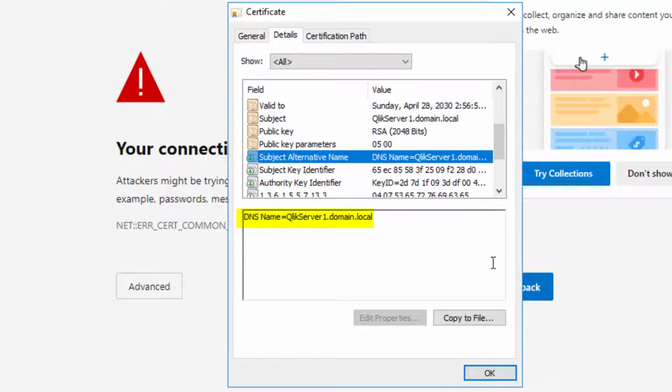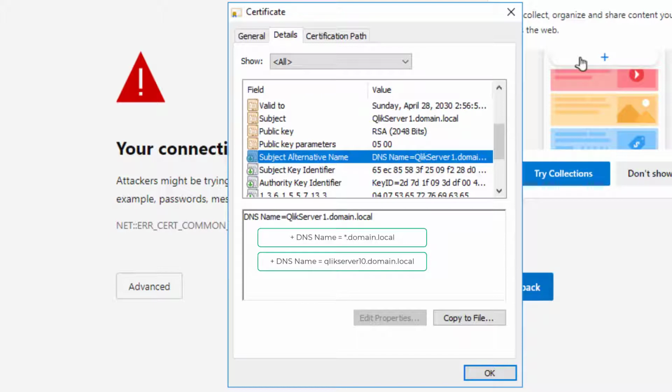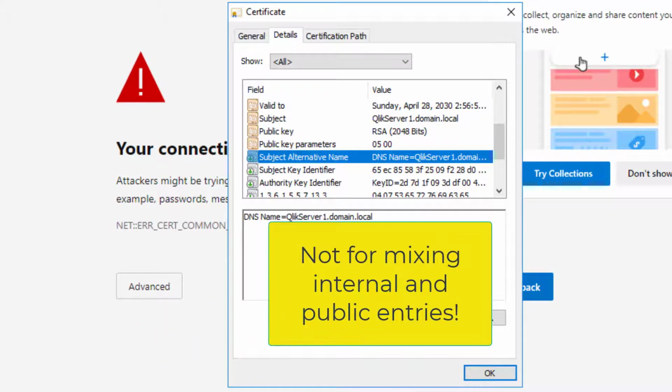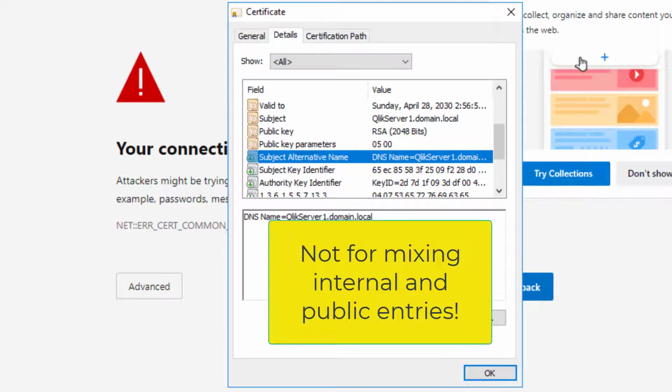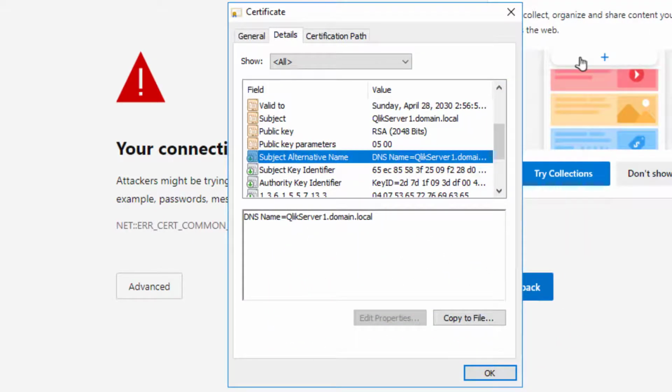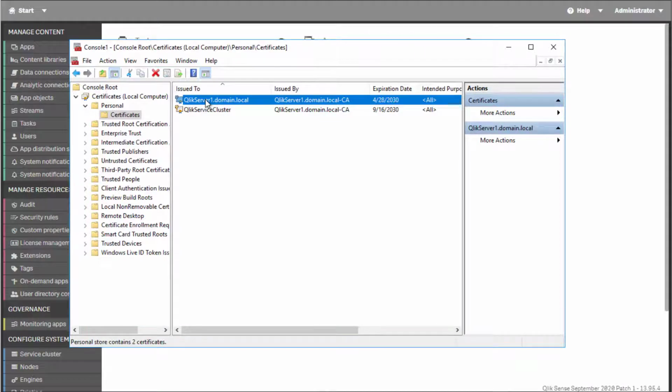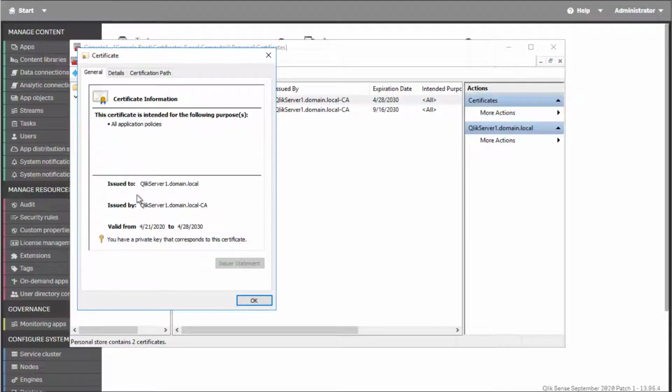In this case, in order to resolve this particular issue, the certificate used by the server would need to include either a wildcard DNS entry or the additional DNS name entry in the Subject Alternative Name field. Note that this may not be suitable for when the additional DNS name entry is a public one, as the internal DNS name entries would be exposed via the certificate presented to the client. This new certificate or any other customized cert needs to be issued by a trusted public or private certificate authority, as ClickSense does not issue certificates.